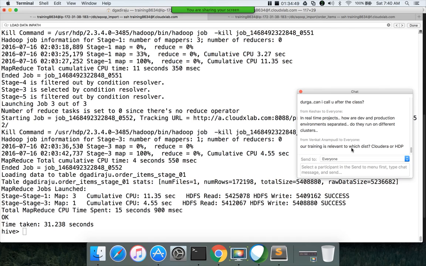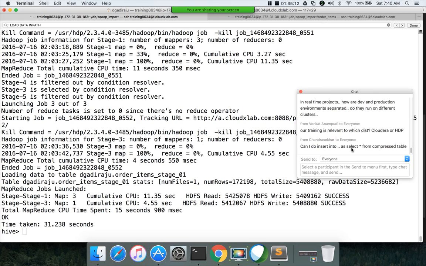For the development perspective, it's all about the individual tools which are incubated in Apache and which are provided as part of the Cloudera Hortonworks distribution. Don't think from Cloudera or HDP perspective. Think from the individual tools perspective. At the end, you can claim that you have experience in both, just to get some traction from the screening process at the time of the recruitment process, and also at the time of making proposals for the clients.